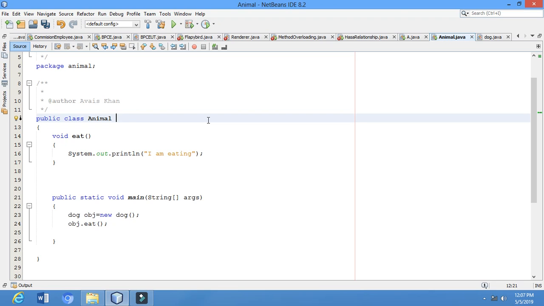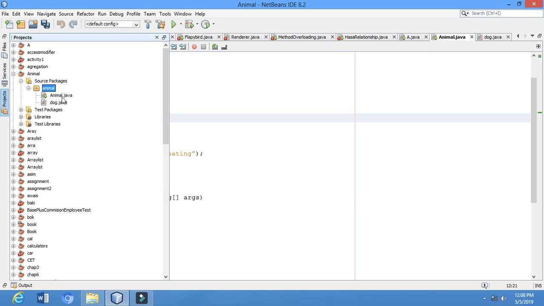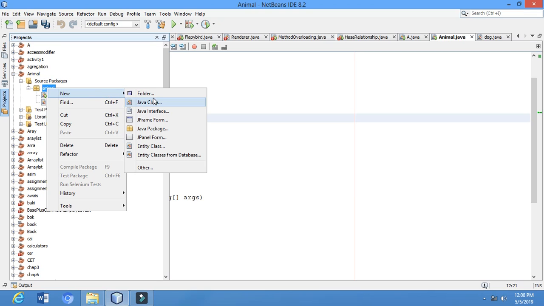Now moving on to another type, multi-level inheritance. So what is multi-level inheritance? In multi-level inheritance, a class inherits the properties of another class, and that class, which inherits the properties of one class, has its properties inherited by yet another class. Suppose I have the Animal class and the Dog class,